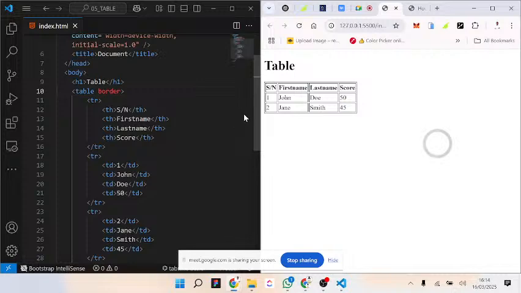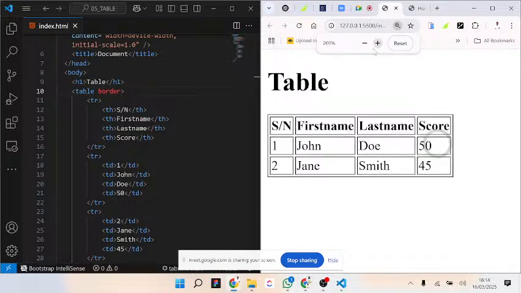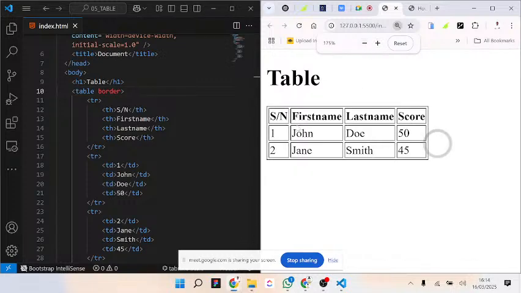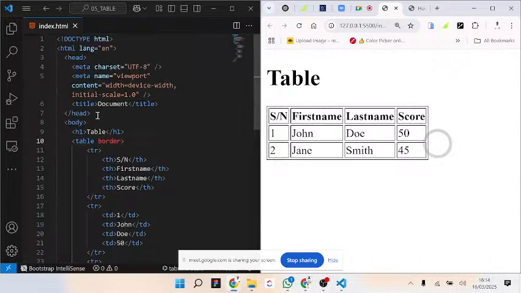Now, if you notice something, my border is in two batch. I made it single. I told you I added styling to make it single. Now, in order for us to be able to do that,